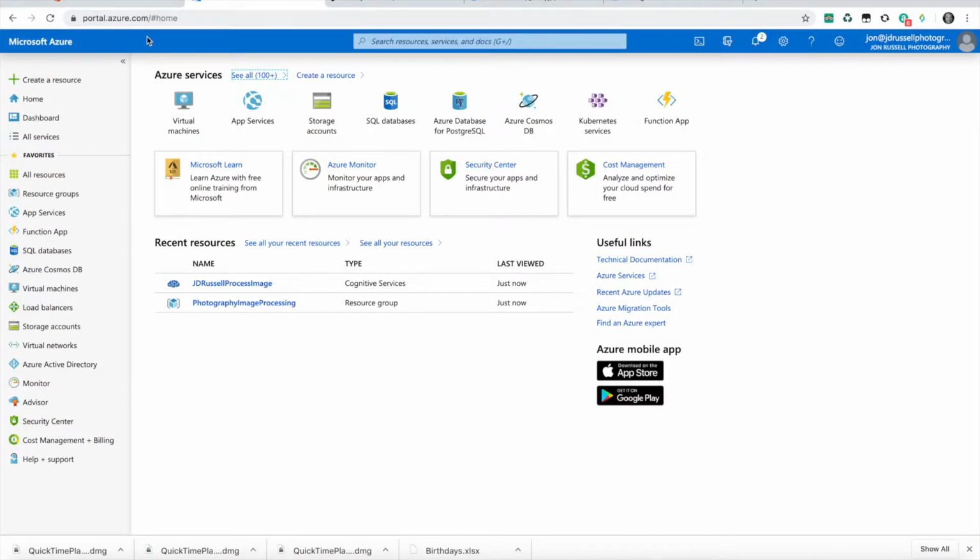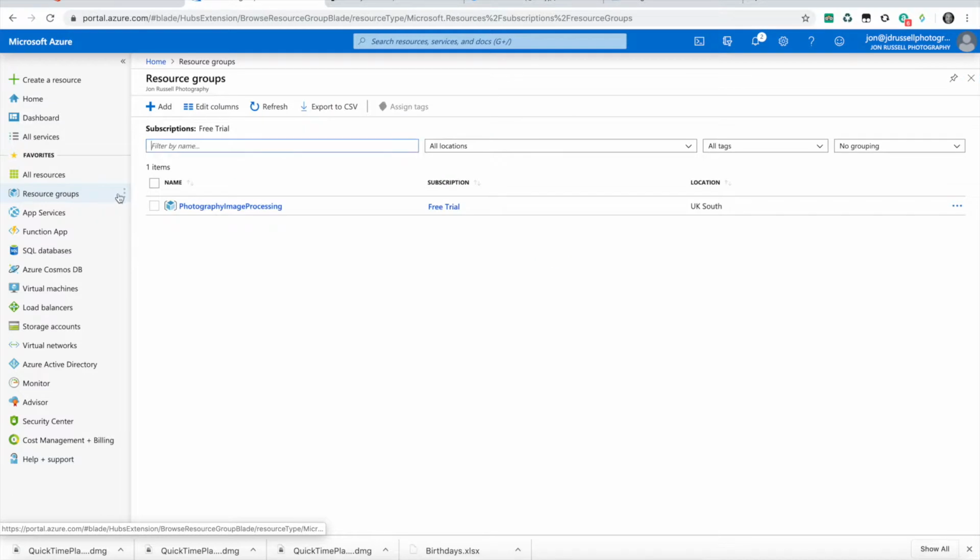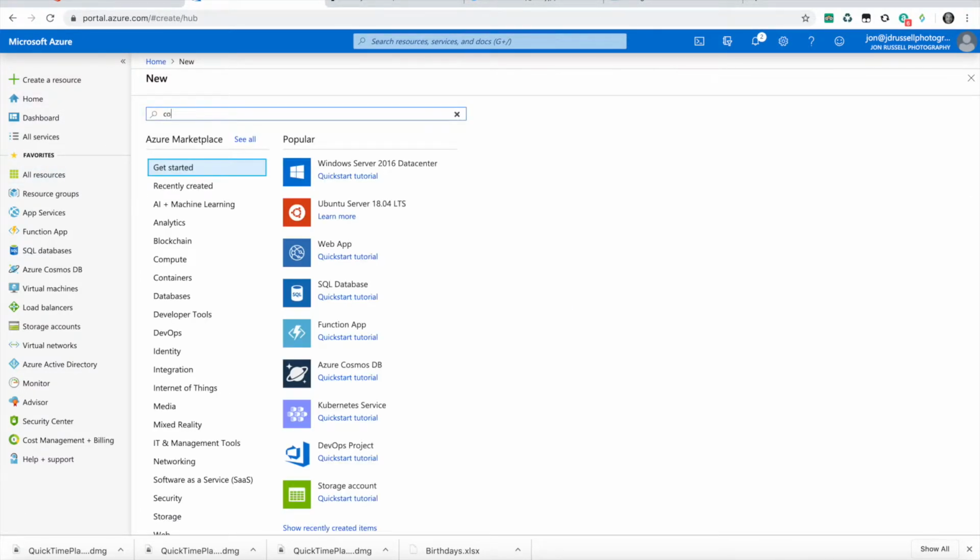So if we go to portal.azure.com, I've signed up for a free account. With the free account you get $200 worth of premium services, or 30 days worth depending on how much you use up first, and you also get loads of access to different kinds of things, including cognitive services. I think pretty much all of that's for free, and the one that we need to look at is the computer vision. So the first thing you need to do is create a resource group. I called mine photo image processing, and then you need to create a resource. You search for computer vision